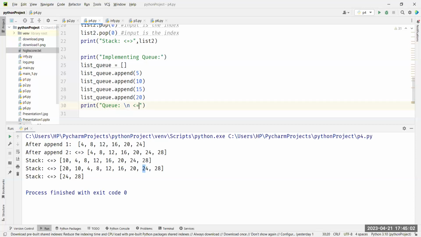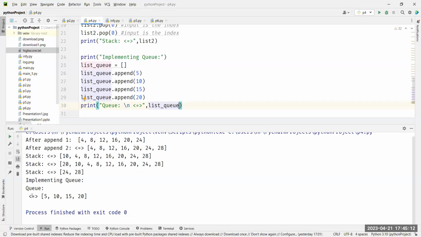and I'll indicate that this is the front. Okay. And now I'm going to say list queue. Correct? And you run it. You see, this is the queue, 5, 10, 15, 20. Perfect. Now I want to remove an element. Which one should be removed? The first one. So you will say pop 0. So the first one is removed in both the cases. So pop 0 is removed, but